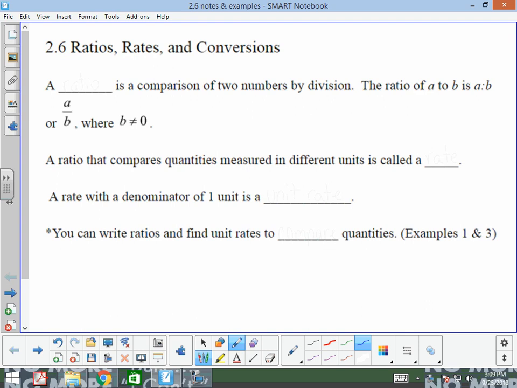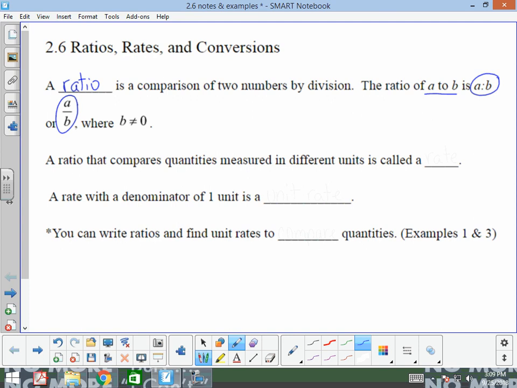First, let's look at some definitions. A ratio is a comparison of two numbers by division. Whenever you see a fraction, that is actually also called a ratio. The ratio of A to B is A colon B. That's how it's read, A to B, or A over B. And B cannot be 0, because if 0 is in the denominator, that makes it an undefined fraction or